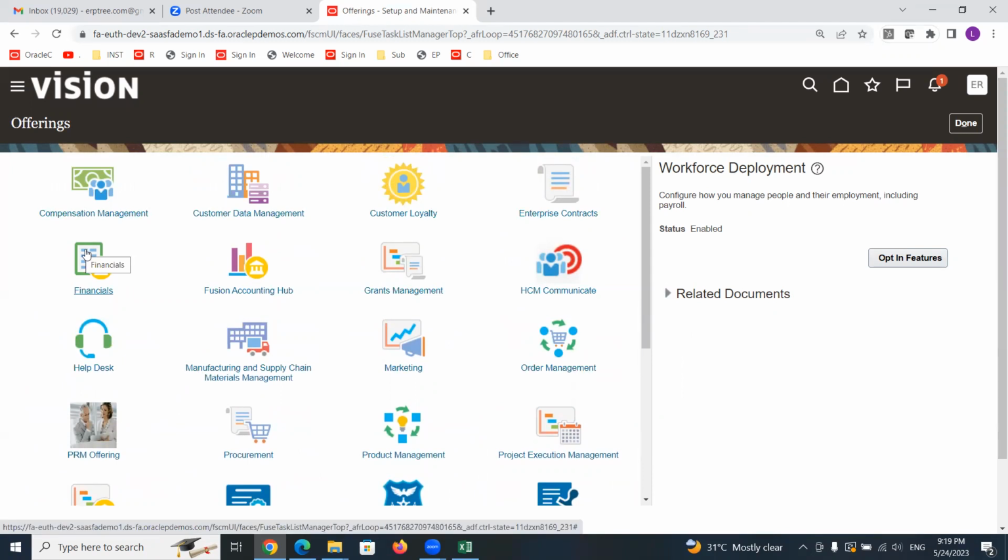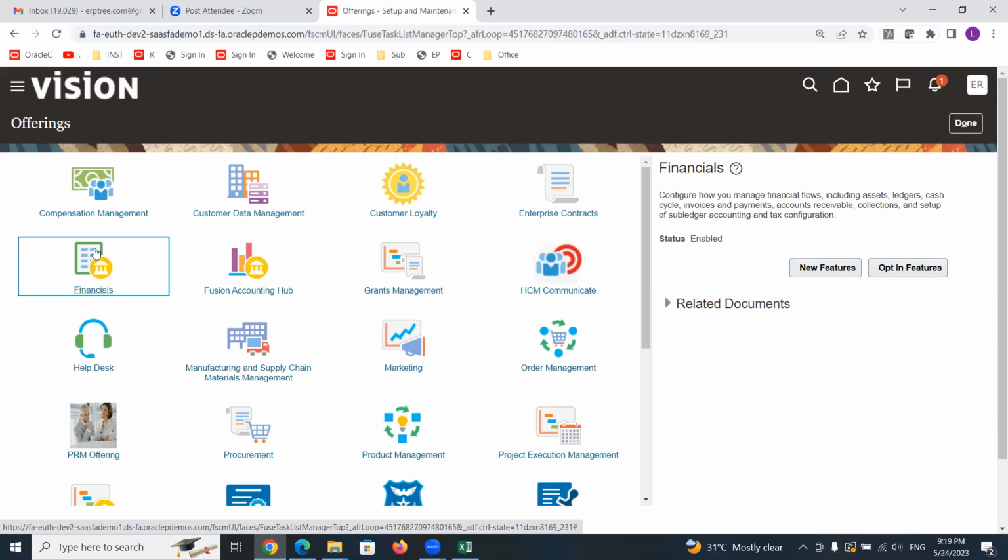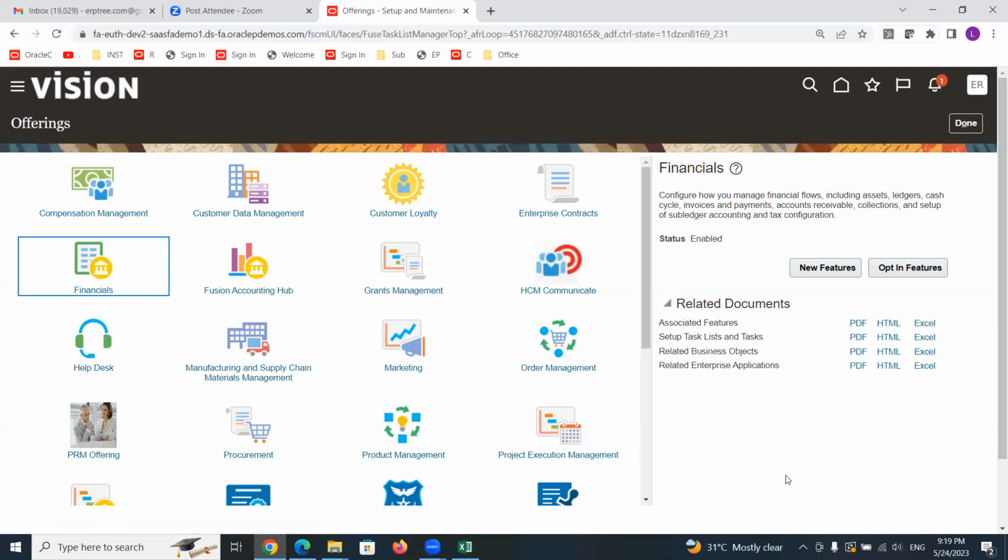How to enable, we have seen that. Now, again select financials. Here they gave a related documents section, expand it. They are providing a few documents which talk about what features are available within the financials. The documents are available in different formats. You can download whatever you require: PDF, HTML, Excel.